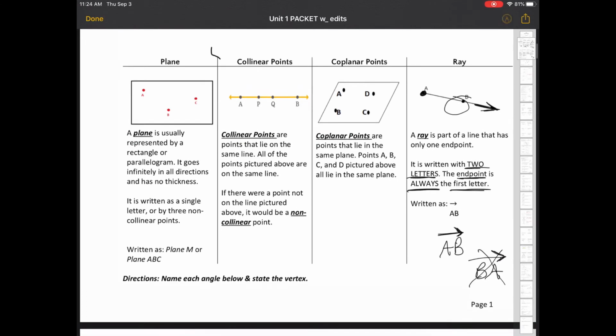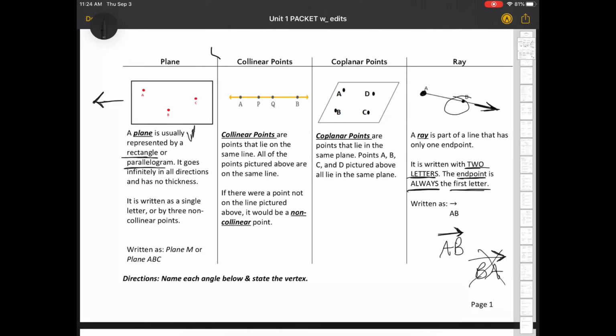Now on to planes, collinear points, and coplanar points. So what is a plane? A plane is usually represented by a rectangle or a parallelogram. It infinitely goes on in all directions and has no thickness. That means this isn't just a rectangle here with a bunch of points inside of it. It represents